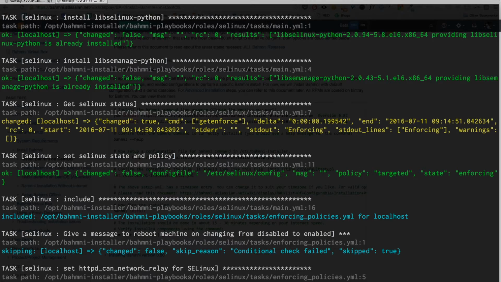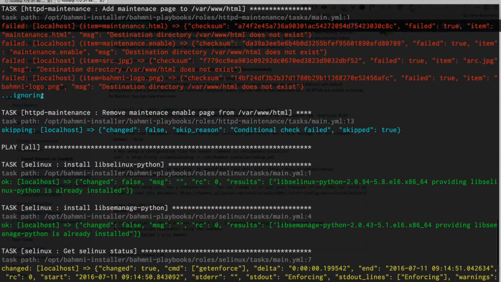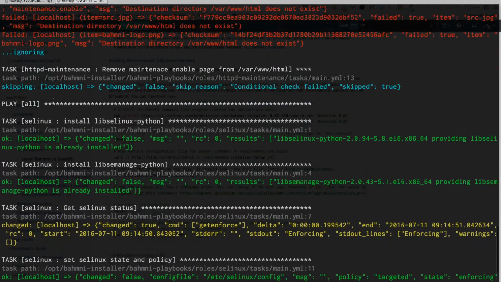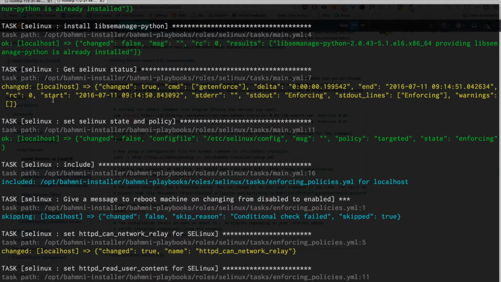If you see something in red, like it went for me, right under it, it says dot dot ignoring. If it says dot dot ignoring, then you know that it's okay and you can ignore it for the time being. There are certain commands which are used to check, for instance, does MySQL already exist? If it already exists, then it won't install that version. So those kinds of things may show up in red where it is checking for something. But if it shows a dot dot ignoring at the end of that task, then you need not worry about it.